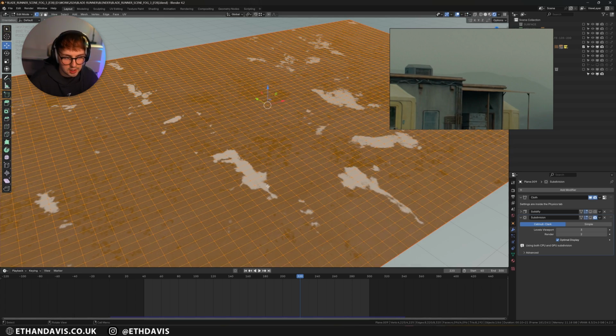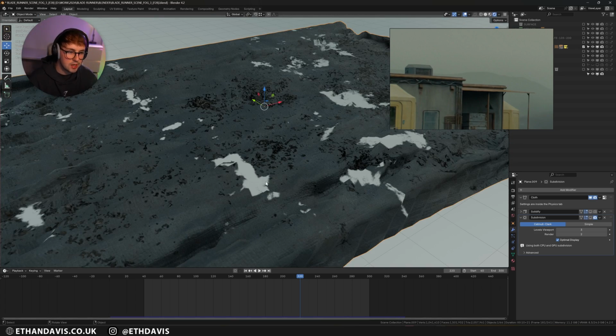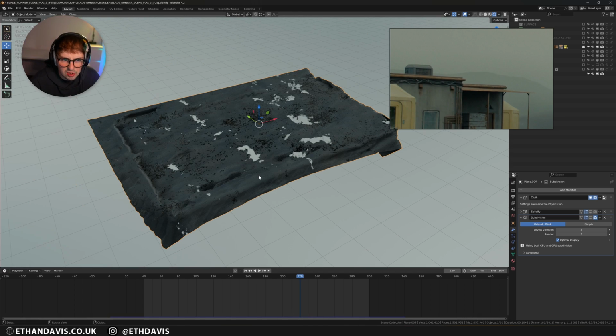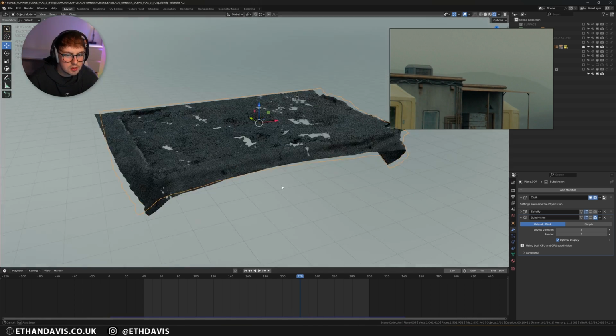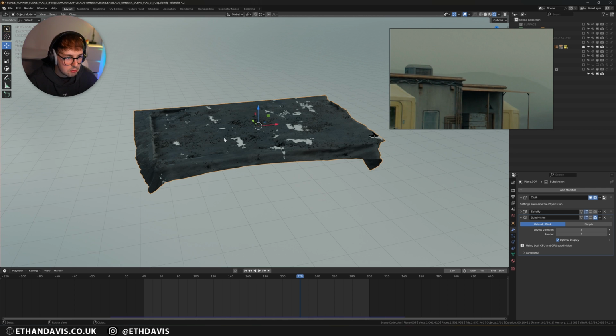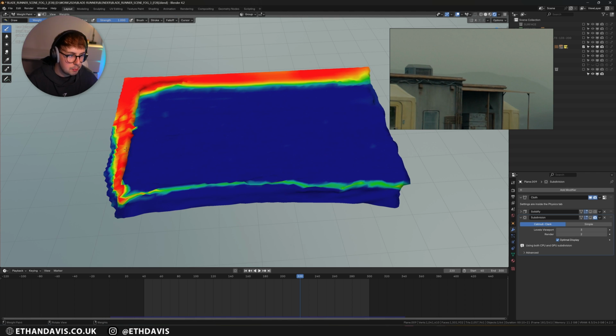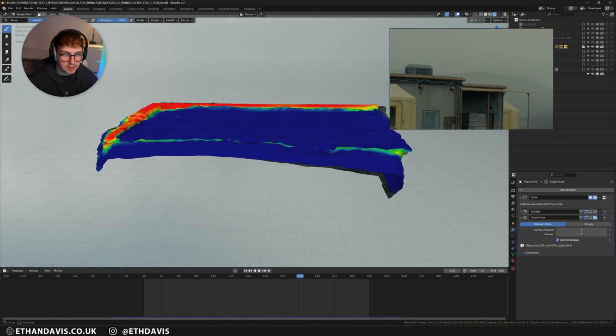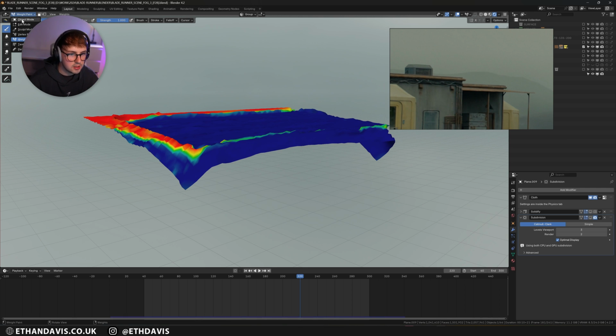But it's not modeled like that. I've just textured it, and the way I've textured that in Substance is getting a rip tear brush and then painting in the alpha, so it becomes see-through, and it makes it look a little bit more ruined. Basically, how I did this was I went into weight paint and I pinned all the parts that I wanted to be stiff and then just simulated it.